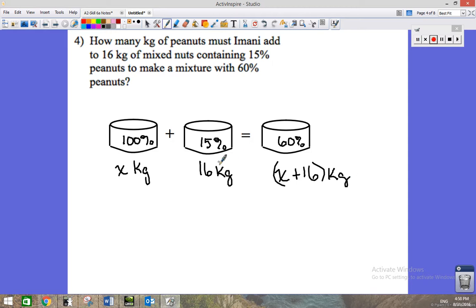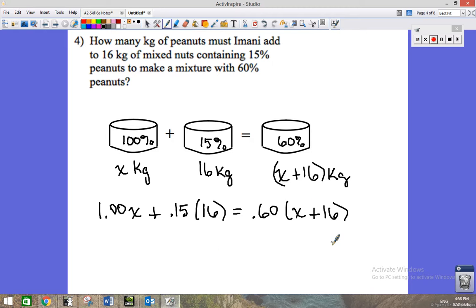So now I can set up an equation again by taking concentration times the mass times the weight. 100% written as a decimal number, 1.0 times X, plus 0.15 times 16. And over here, 0.6 times the quantity, x plus 16. So let's take a look at what we have here. On the left,